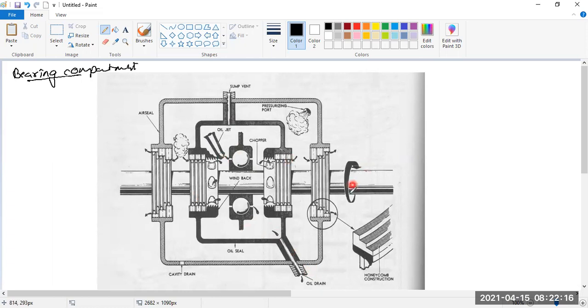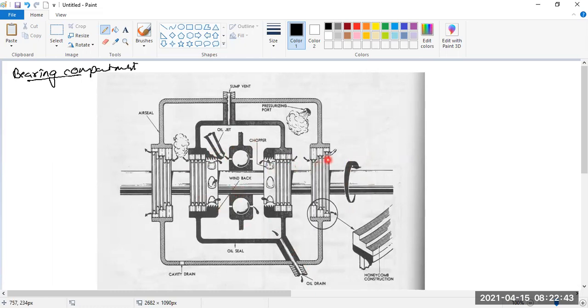In this you will see that the shaft is the rotating part, right? If the shaft is the rotating part, there is a possibility that the oil may leak from here. Correct? Leakage is allowed only up to a certain small quantity, not a tremendous quantity. If a tremendous quantity goes, then the oil system is not working. So in this place, a small amount of leakage is possible. But how do we ensure that there is only a small amount of leakage?